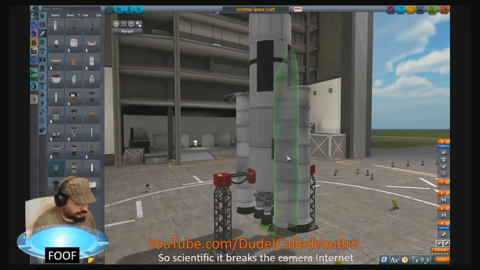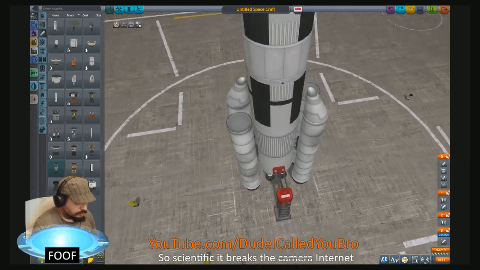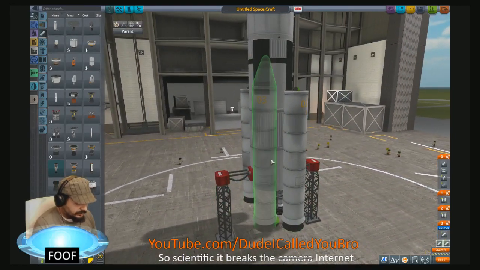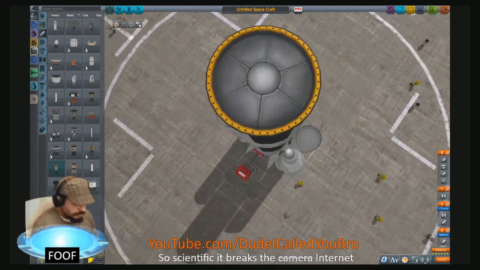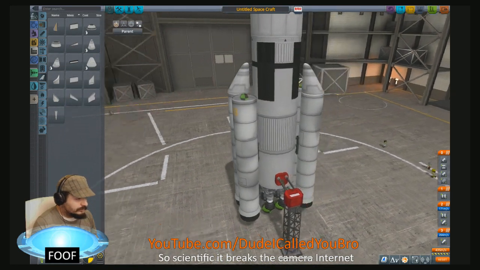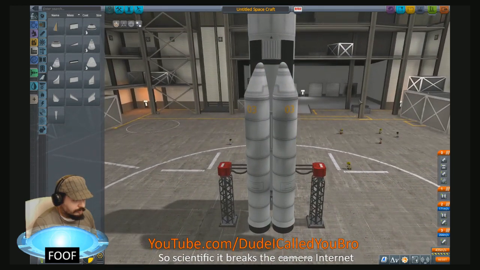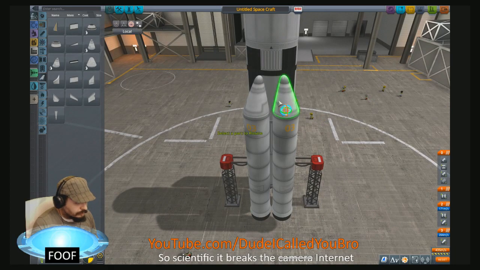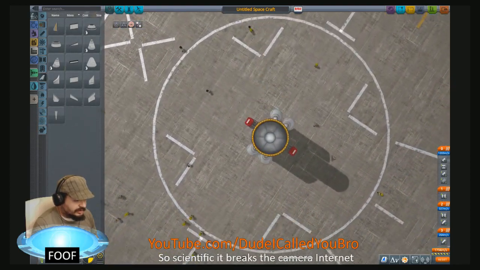Looks like I managed to get that one a little lower. There we go. Now it's off to one side. Okay. There we go. Aerodynamic cones. There we go. And we'll call this a 17-ton launcher just because